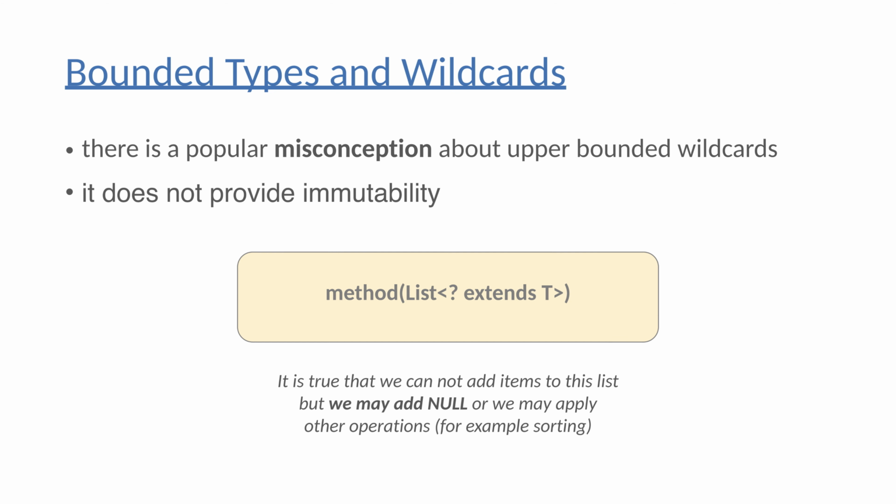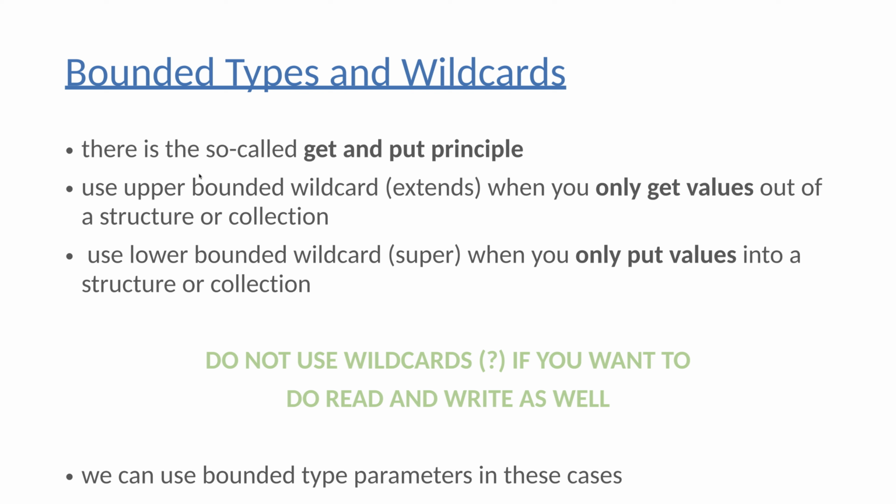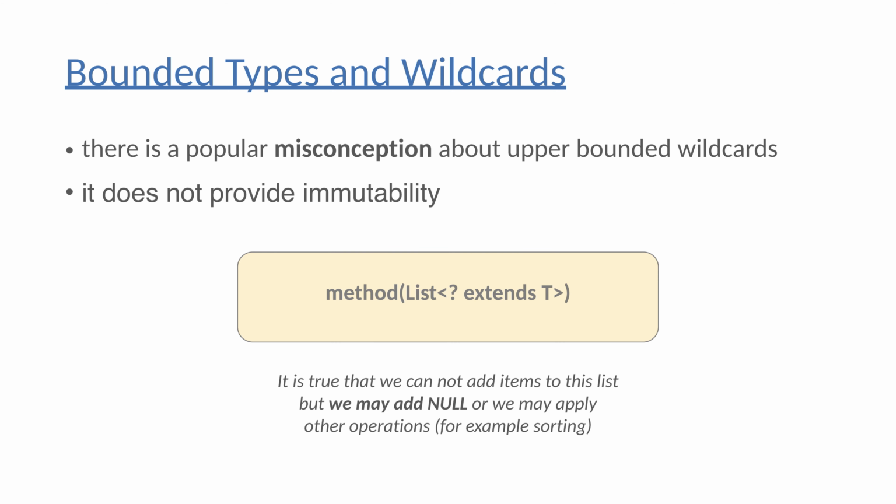Okay, so let's talk a bit about a misconception about upper bounded wildcards. So we came to the conclusion that whenever we read the given values, then we should use upper bounded wildcards, and it may be quite confusing because we may have the intuition that upper bounded wildcards provide immutability. So if we want to make sure that the items are not going to be changed, then we should use upper bounded wildcards, but it is not true, because if we have, for example, a method with a wildcard argument,